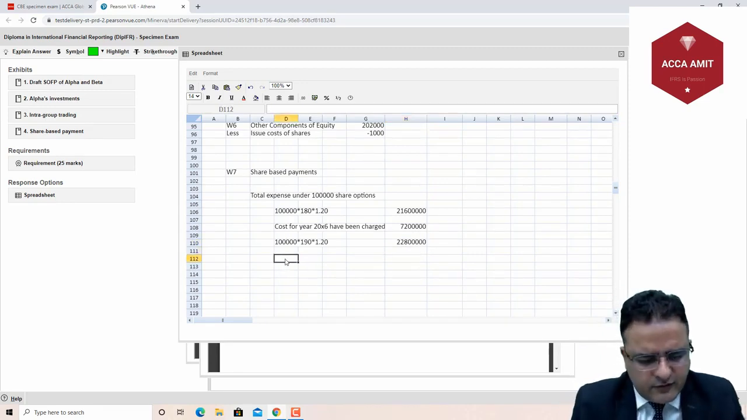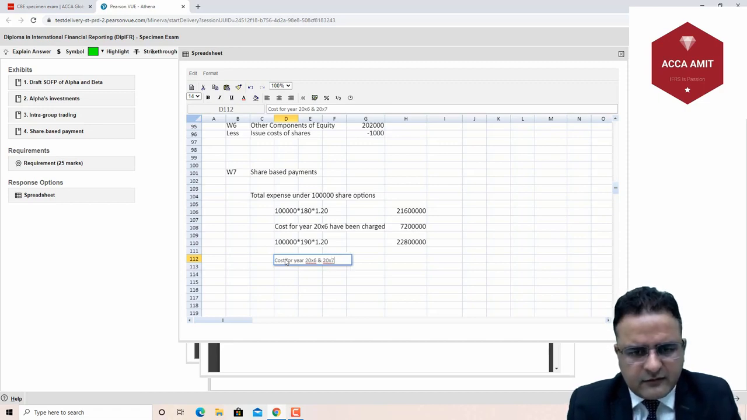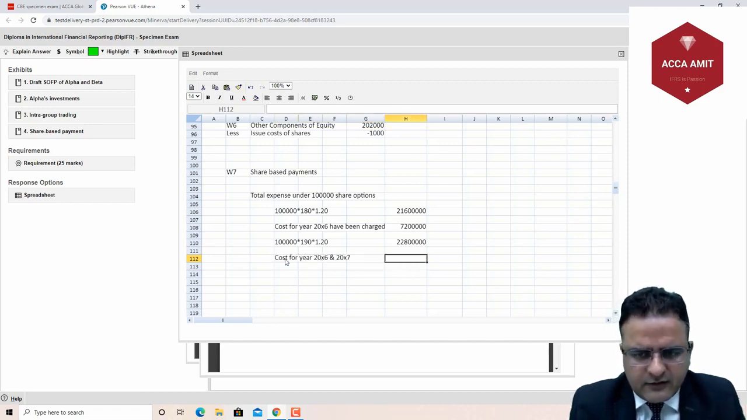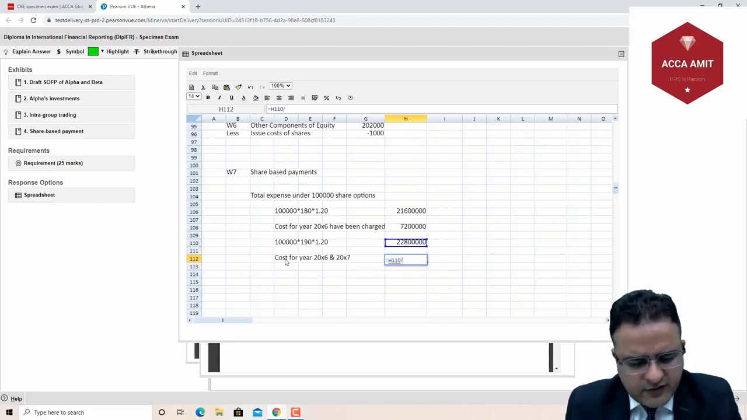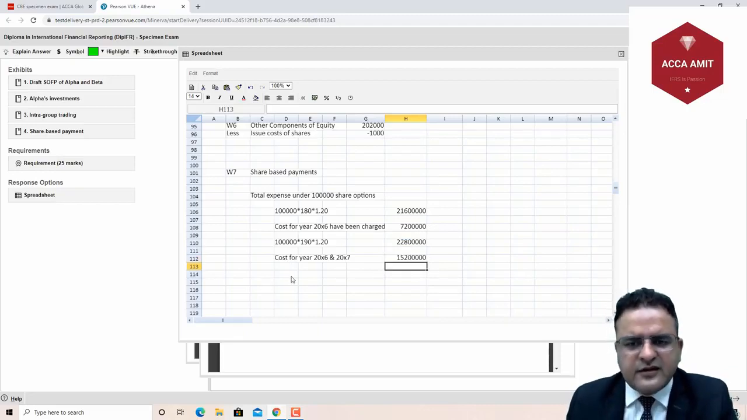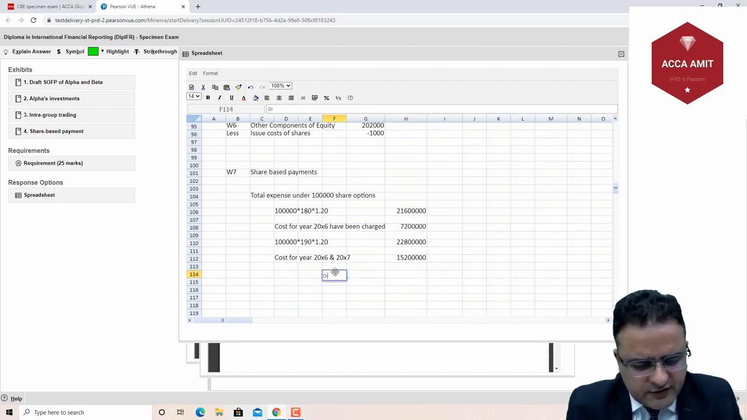So the cost for year 20x6 and 20x7 is equivalent to, this has to be spread over 3-year period, and 2 years have already passed. The cost which should be recognized till date will be 152,000, and the cost which have already been charged is 720. So the difference we need to charge